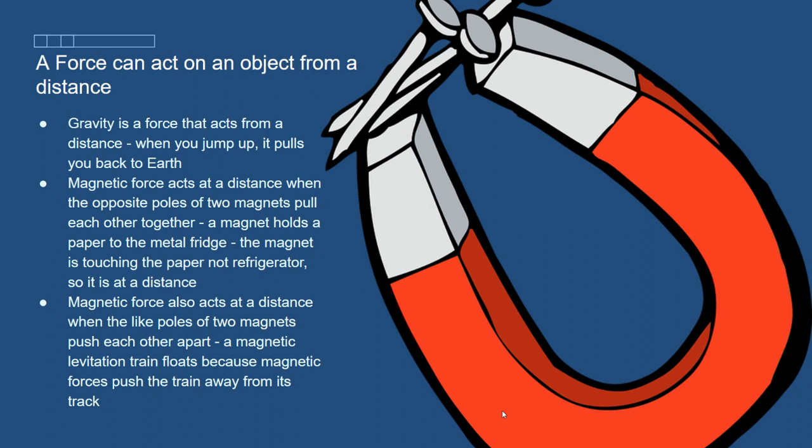Okay. So it can act from a distance, which means it's not directly touching it. Gravity is this. Gravity is amazing. Gravity works at the same rate, as you guys saw in that video. If you were to drop a bowling ball and a feather off of a bridge, they should fall at the same rate because gravity is constantly pulling something to the earth at the exact same rate. 9.8 meters per second squared is the gravitational pull on Earth.